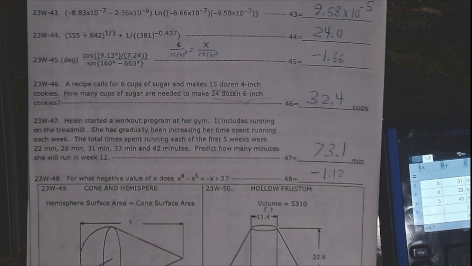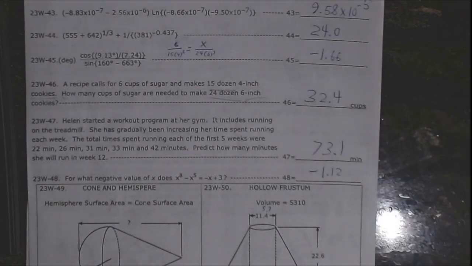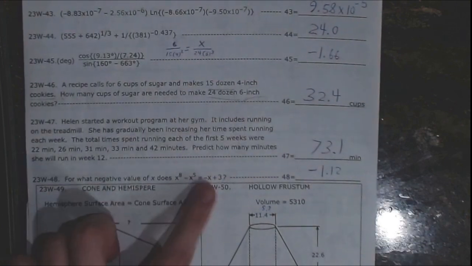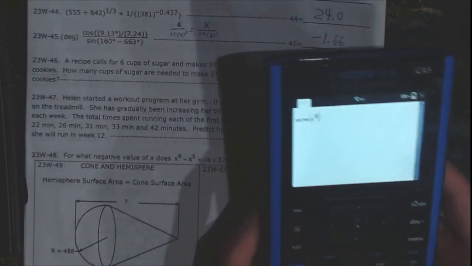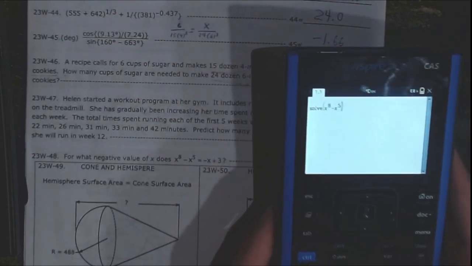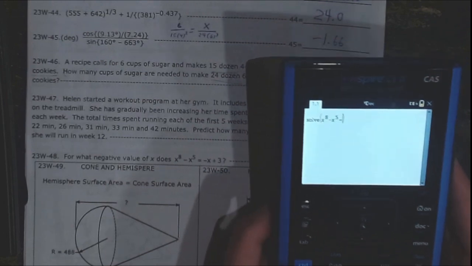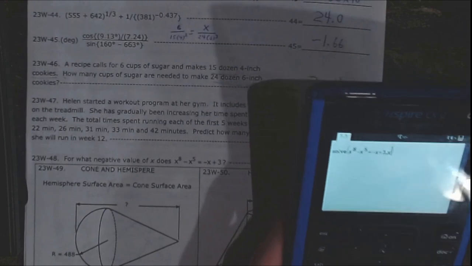Question 48. If there's any word problem you should answer, it's this one. This one's always a free question. You just got to use your nsolve function on your calculator. It just wants to know what value of x satisfies this equation. So we're just going to go menu 3.1 to get our solver, and type this equation in: x to the 8th minus x to the 5th equals negative x plus 3 comma x,